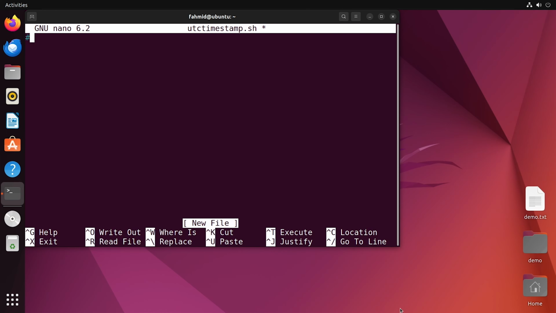So I will start with the shebang line as usual. Now I will define a variable named UTC_timestamp, where I will use command substitution with the date command and the format specifier %t and an option -u. So for this, I'll use $ sign and parenthesis, and inside the parenthesis I'll write the date command and u option and also